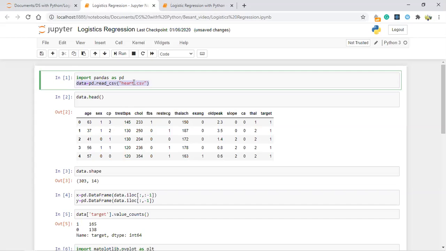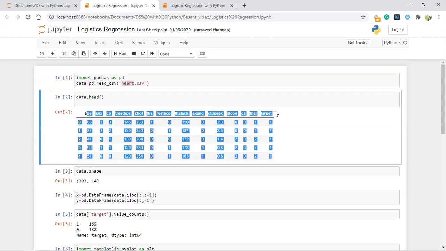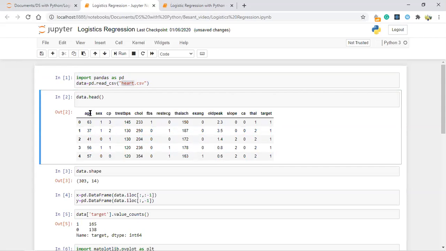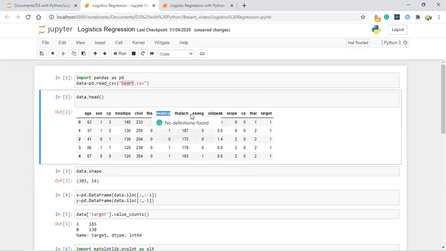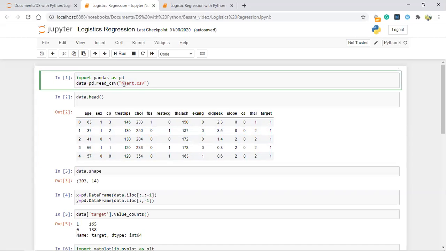I'm giving one data set, and the data set is all about heart.csv. You have values like age, gender, CP, and then calories, and a lot of stuff regarding the medical terms. Based on these medical terms, if the calories is this much, the target is 1. Target is 1 means they may get a heart disease. Like this kind of stuff, you are going to have.